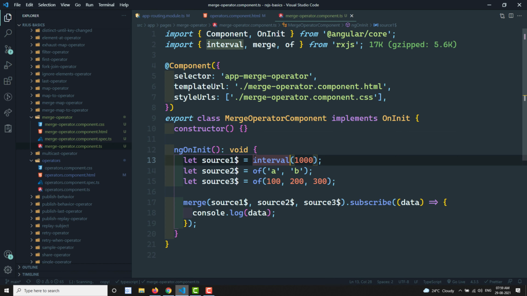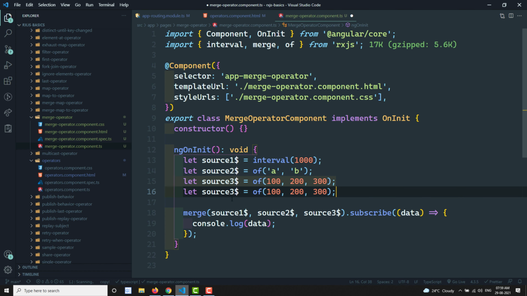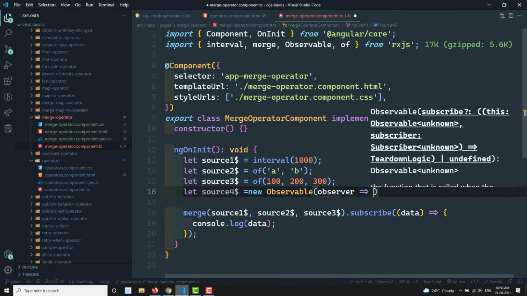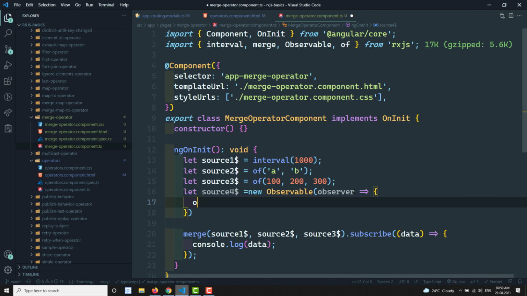For example, if I have something like source 4, let's assume this is a custom observable, new Observable of observer. This one, observer.next, will emit a value something like Leela.